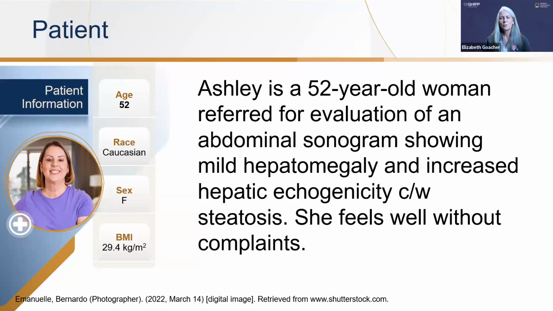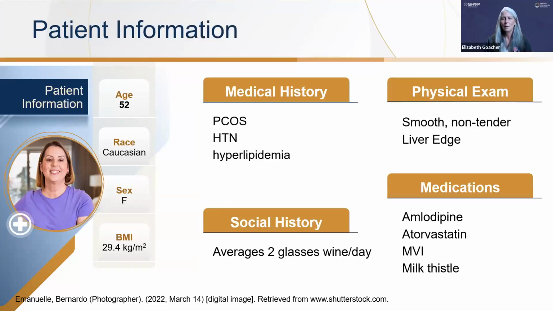This is Ashley, and she's a 52-year-old female who's referred for evaluation in your hepatology or GI clinic because she had an abdominal ultrasound, probably for abdominal pain, maybe because somebody was screening her for MASLD, but maybe not. She has this abnormal ultrasound. It shows the liver is mildly enlarged with increased hepatic echogenicity, and that is suspicious for cirrhosis, for steatosis. Not cirrhosis, steatosis, and she feels well. But this is a very common person that we're seeing in our GI and hepatology clinics, either for the primary reason of liver disease or for other reasons like abdominal pain, dyspepsia, things that are common to both practices and even primary care.